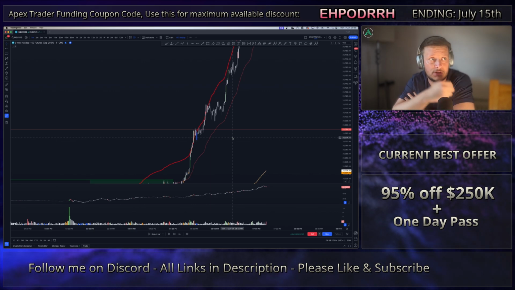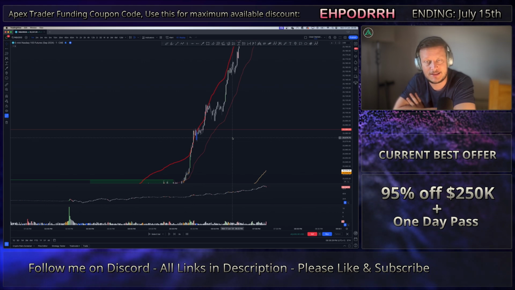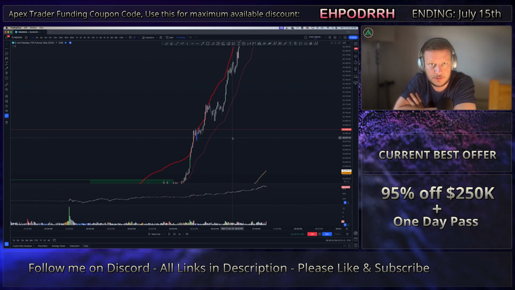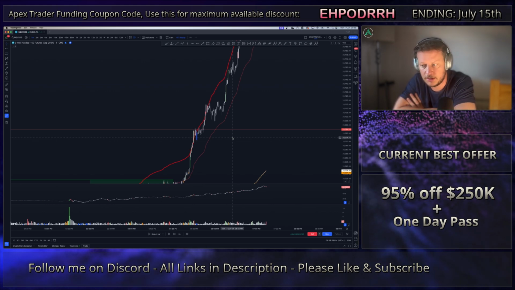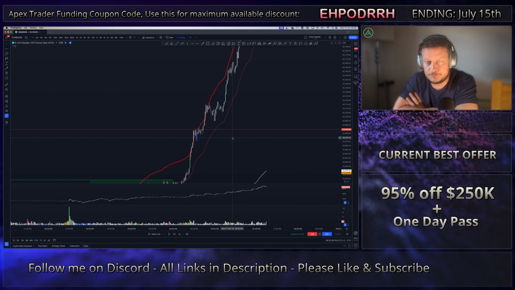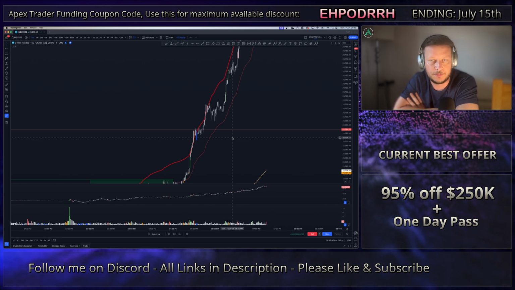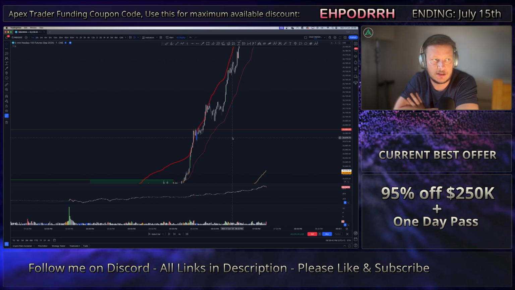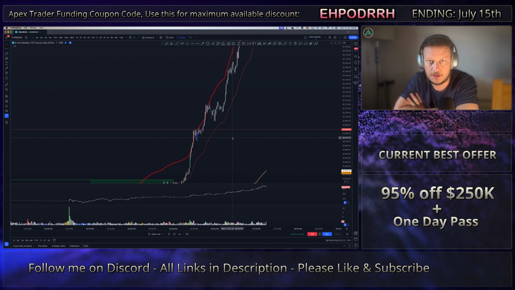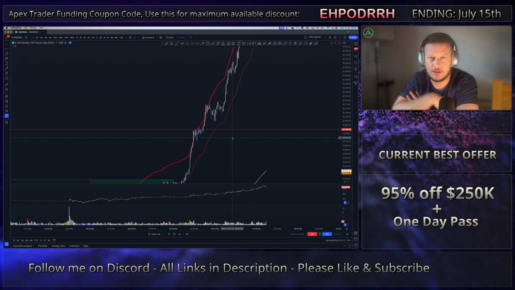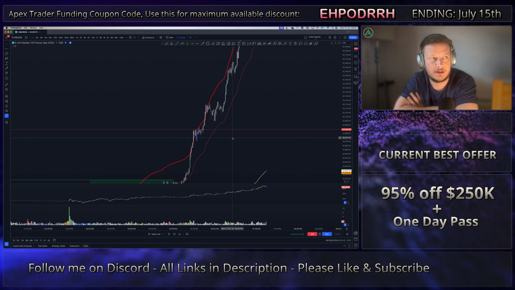Just one single contract. If you added another contract on each pullback, that would have given you so much profit that you probably would have blasted your consistency rule. But equally, we shouldn't be trading with these mental blocks, where you're thinking too much about these kinds of things,